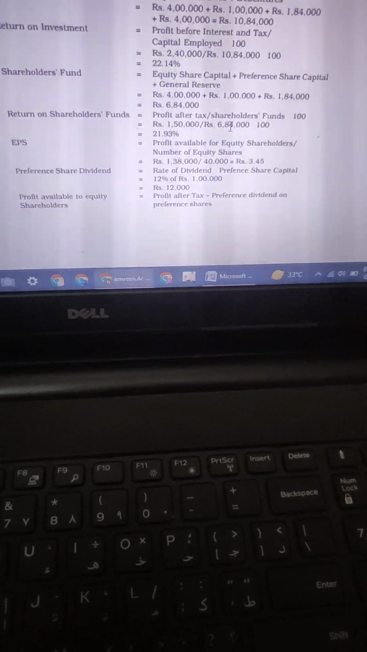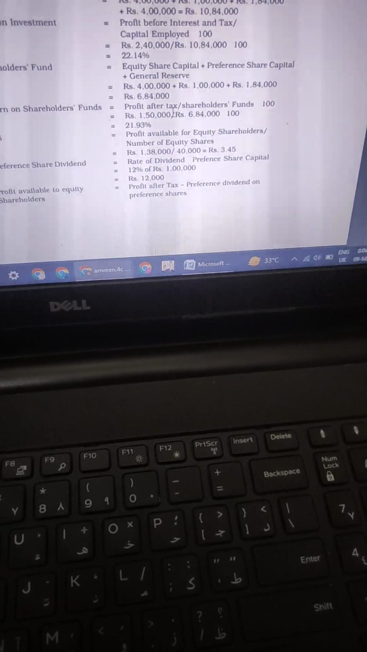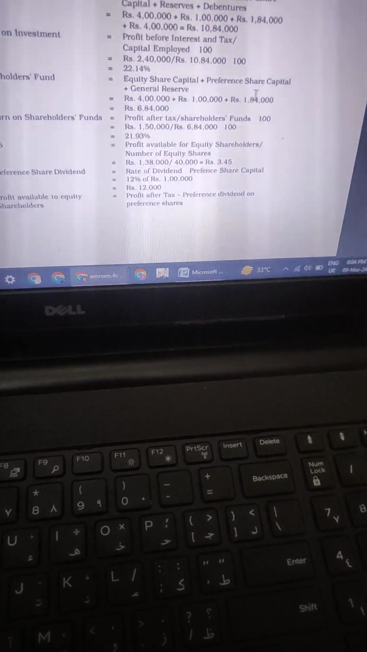The next thing we have to calculate is return on shareholders funds. The formula for calculating this is profit after tax divided by shareholders funds into 100. Profit after tax is directly given in the question, that is 1,50,000. Then we have to find the shareholders funds. Shareholders funds consist of equity share capital, preference share capital plus general reserve. So the amount will be 6,84,000. Applying it into the formula, 1,50,000 divided by 6,84,000 into 100,